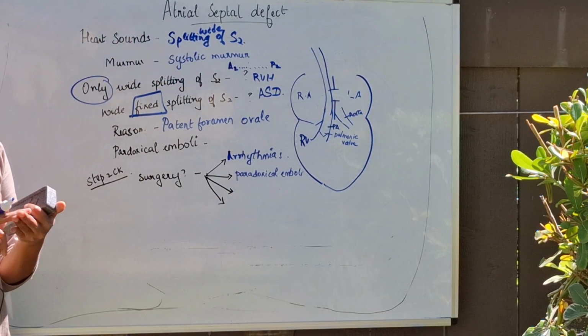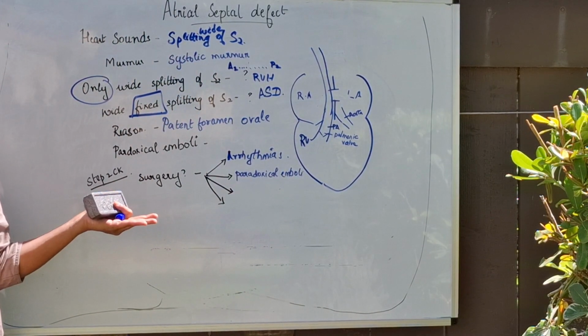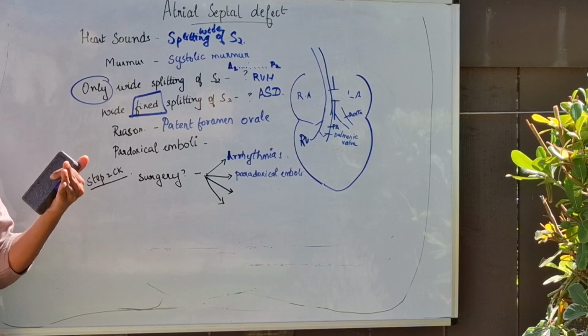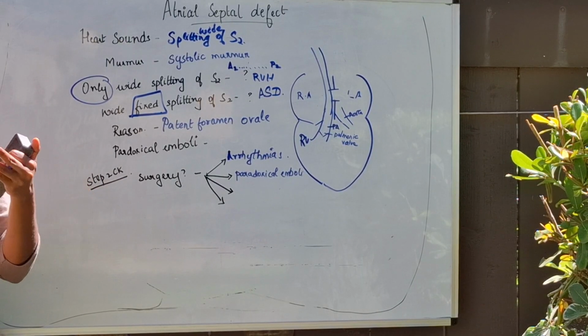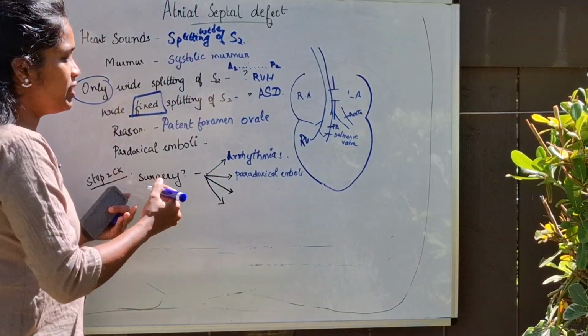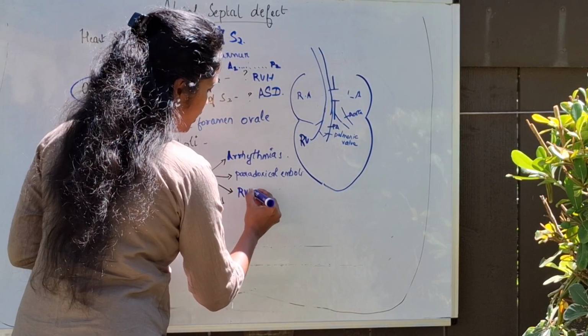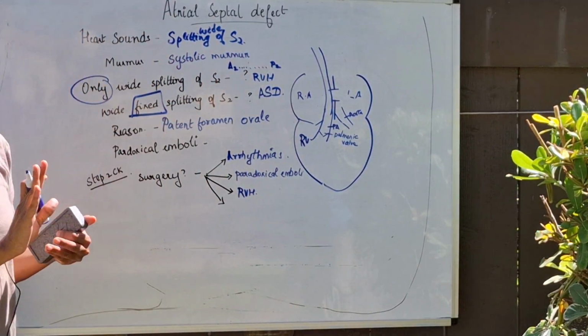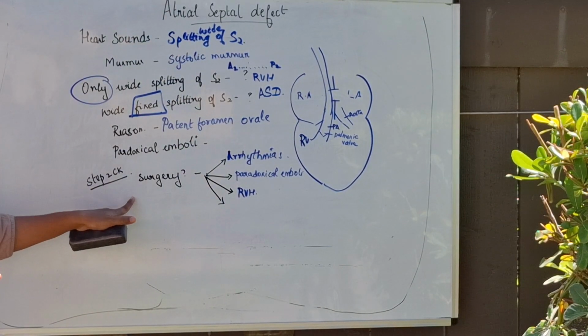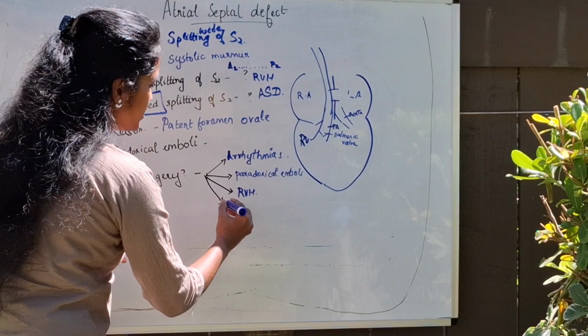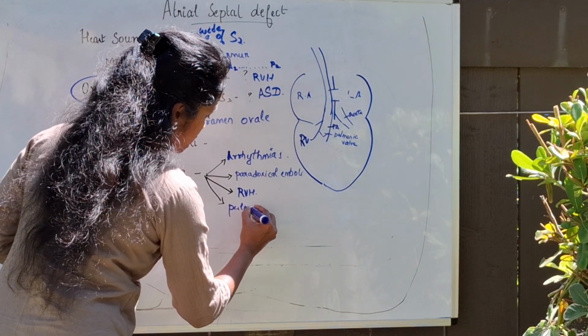The third is when there is a right ventricular hypertrophy. What does it mean? The right ventricle is not able to handle the blood, right? So therefore, it is undergoing a hypertrophy. So when there is a right ventricular hypertrophy, then it needs to be operated. Similarly, when there is a pulmonary hypertension, that means,